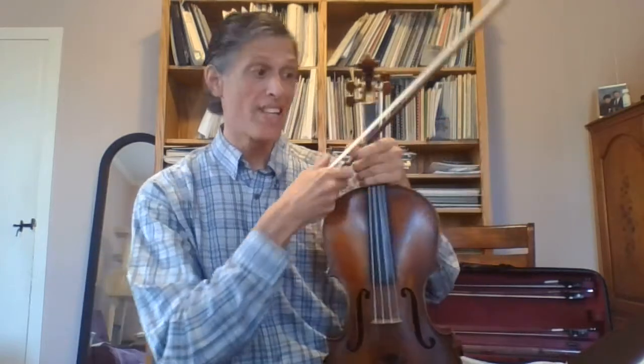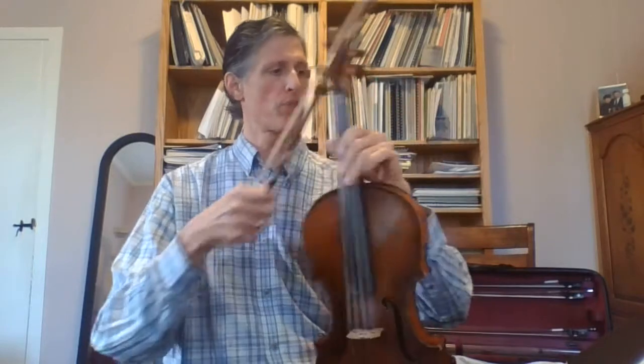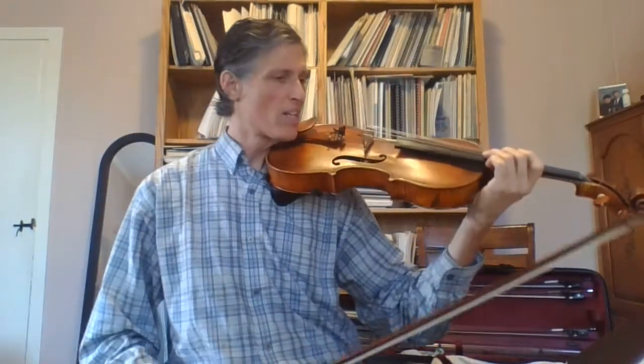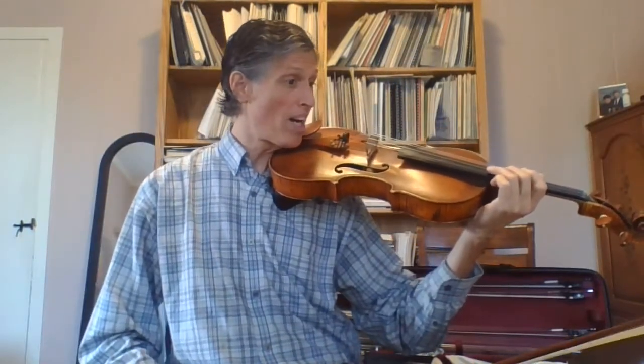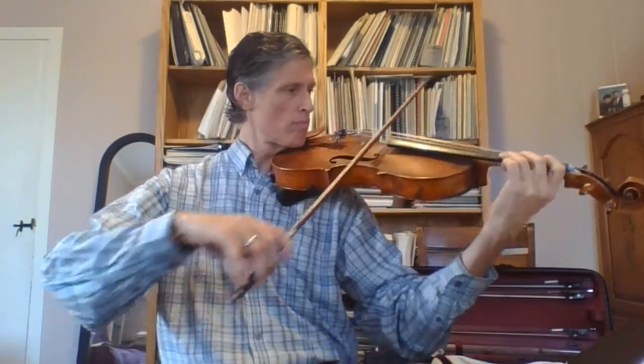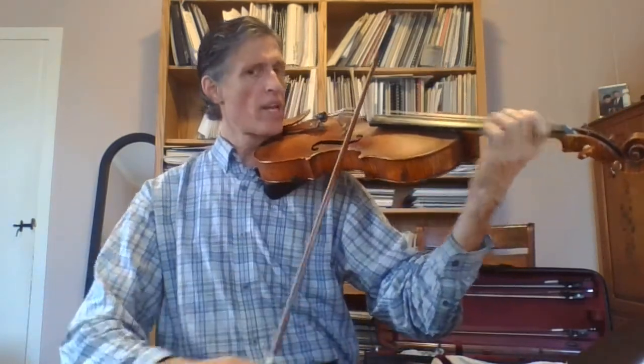Okay, so I definitely want to be down bow at 42. Backing up, I have to be up bow at measure 41. So I kind of want to be up bow in measure 40 on the second beat. Now, I have to be really careful on the tone quality when I cross to a down bow on the A string, but I really, really want to be up bow in measure 41, so I can be down bow